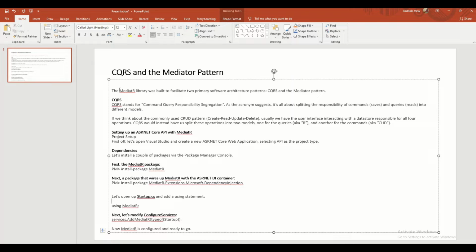If you think about the commonly used CRUD operations, the create, read, update, delete pattern, usually we have the user interface interacting with the data store responsible for all four operations. CQRS would instead have us split this into two modes, one for the queries, another for the commands. So only for read purposes we will use queries, and for create, update, delete purposes we will use commands. So what is primarily useful about this is we can use decoupling instead of coupled